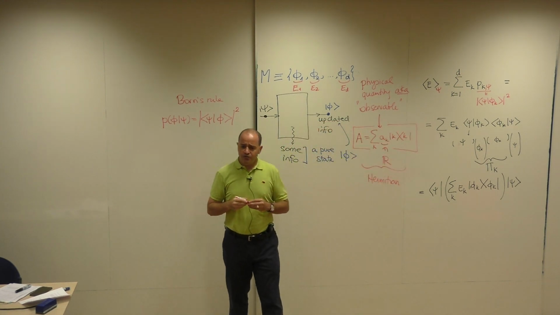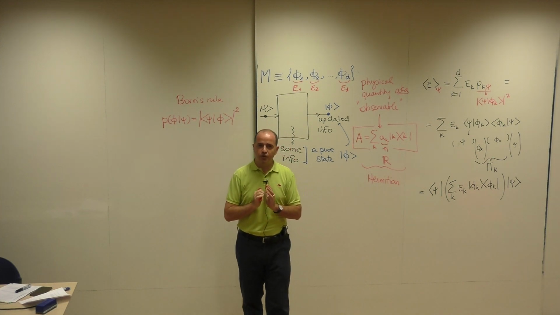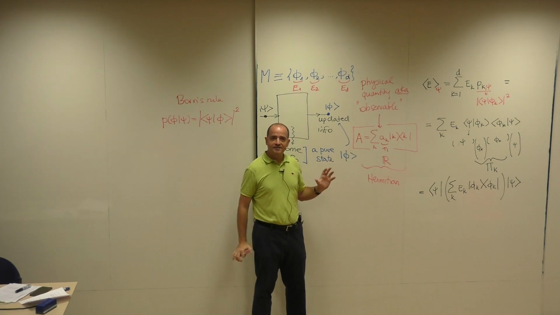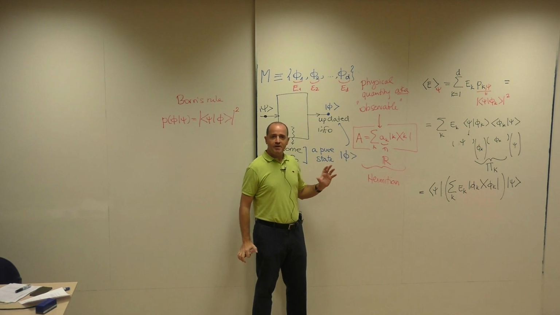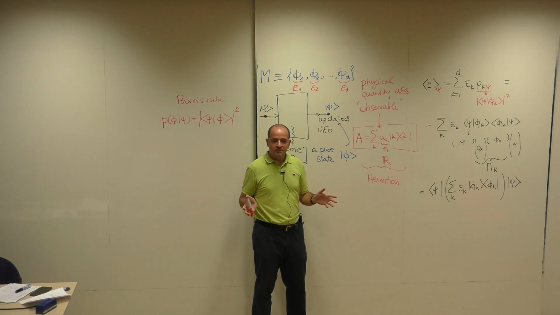Now, I went through this clear explanation to try to convey the following message. Again, in some textbooks you will find something like every measurement is represented by a real value. But I don't believe so. You can come here to CQT, go to the labs, a measurement is a detector that clicks. You are not obliged to associate a real number to that thing. You can associate a color, you can say just this is detector A and detector B. You don't need to do that.